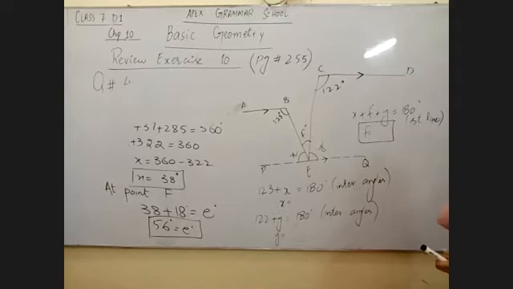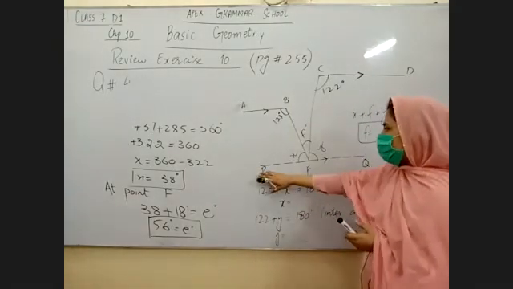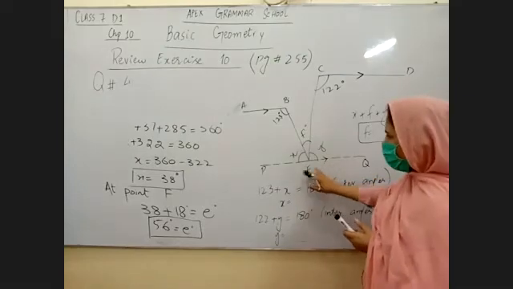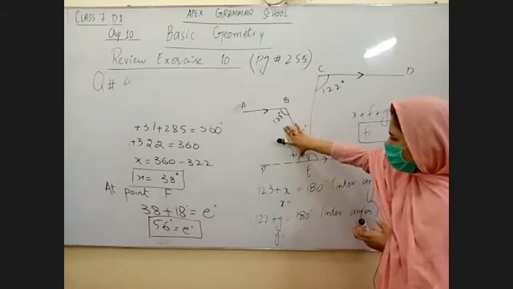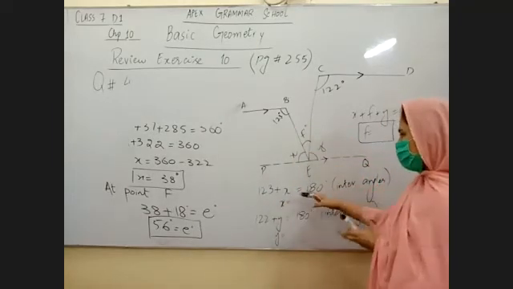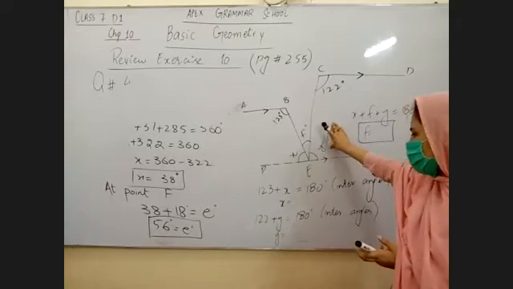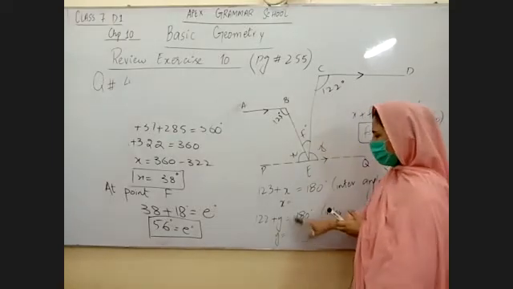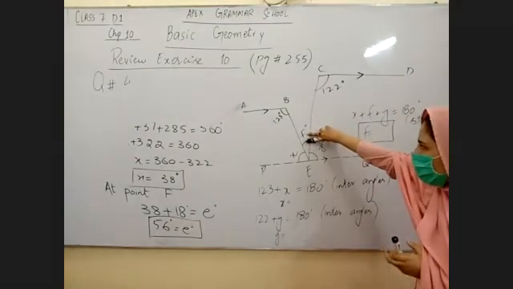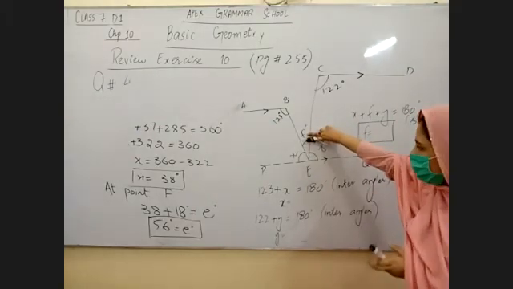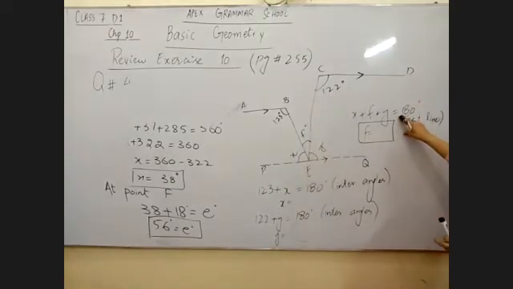Let me repeat this. It's your question number 4, E part. In the E part, first I have drawn a parallel line PQ at point E. I have named the two angles x and y. 123 and x, these two are interior angles, so they will add up to make 180 degrees. 122 and y, again these two are interior angles, so they will add up to make 180 degrees. You will get the values of x and y from these equations. The last equation: x, f and y are lying on a straight line, so they will add up to make 180 degrees.